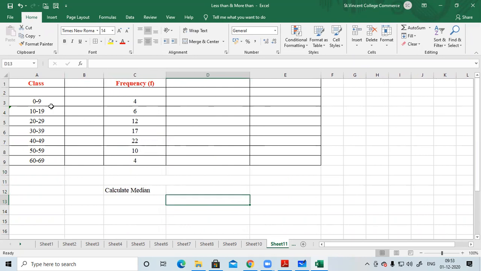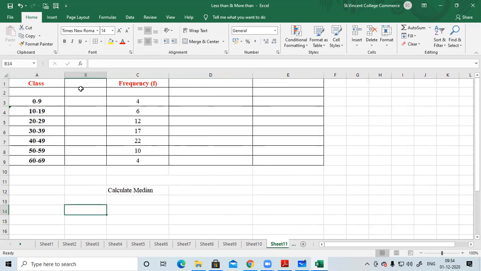Now, can someone tell me whether this is a continuous classification or a discontinuous classification? So discontinuous classification. And what is an alternative word for discontinuous classification? Is it inclusive or exclusive? It is inclusive. That means when you're counting these class numbers 0 to 9, you also include 0 as